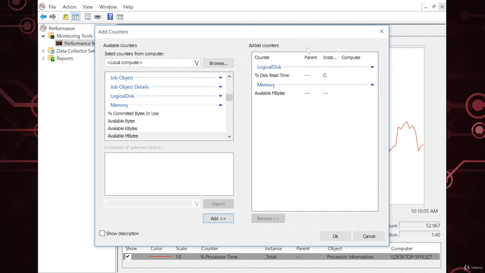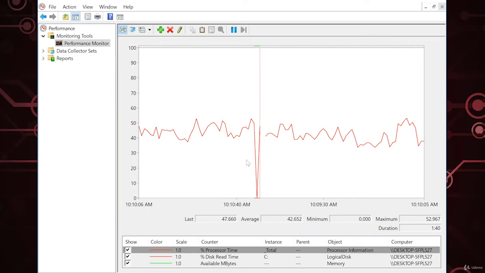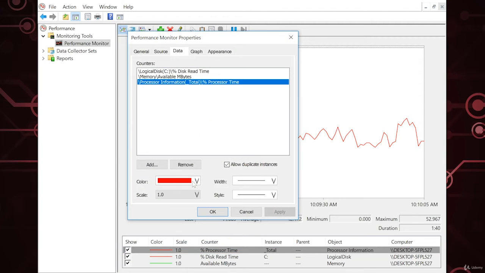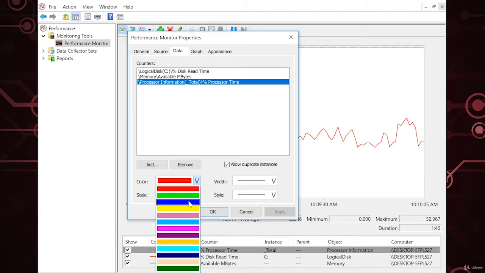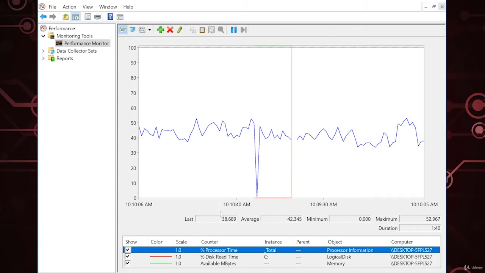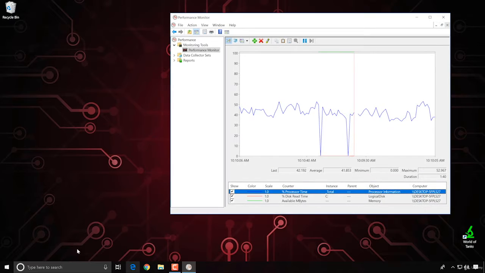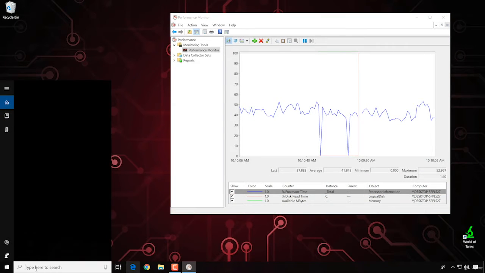So what I've done is I've added two different counters, and if I hit OK, you can see that these counters are going to begin to show up. Now, one of the things, I never like these colors. Let's change a color here. Let's turn that blue. So I'm not doing a lot of exciting activity here, so